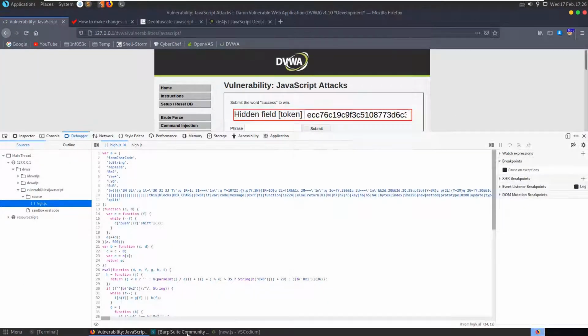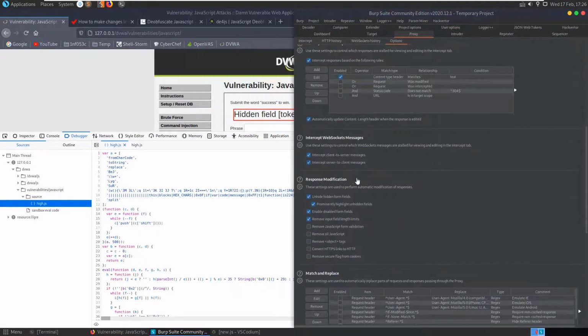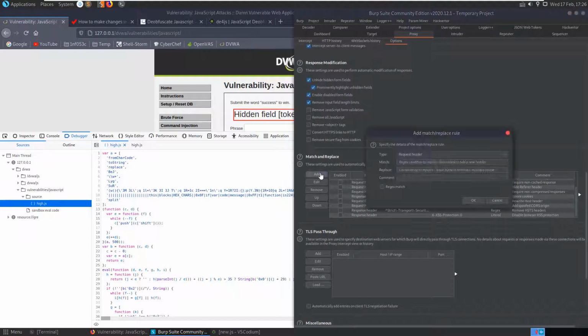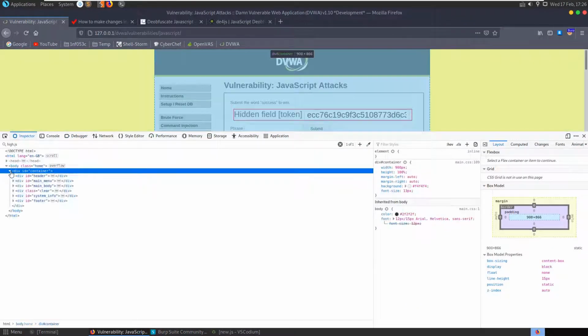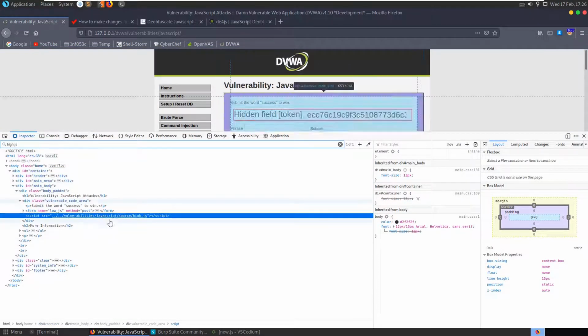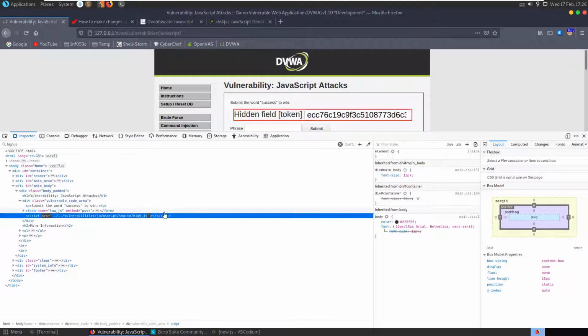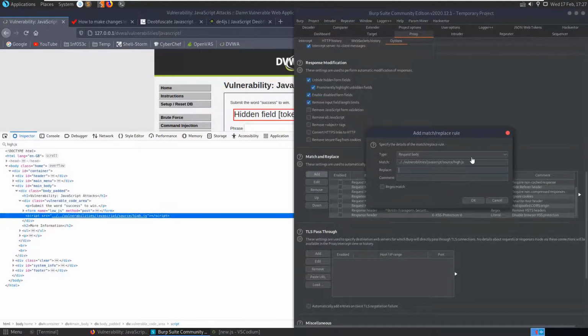Let's go to Burp, and in the options that we were looking at there, we had the match and replace. So we have a match and replace here. Let's say match and replace in the body, and let's see what we want to match here. Let's look for the hi.js. We want to match this URL, and we want to replace it with